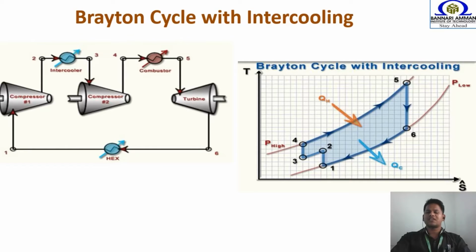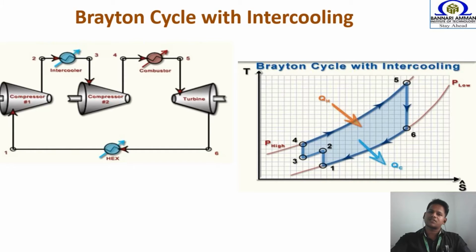Now come to the TS diagram. The first process is the first stage of isentropic compression. We have the first stage compressor, in which you are compressing the air from 1 bar to 5 bar. You see here, this is the pressure curve. This is the 1 bar curve and this is the 5 bar curve. We can see the pressure lines in this TS diagram. This is the 1 bar curve and this is the 10 bar curve, and the intermediate one is 5 bar.